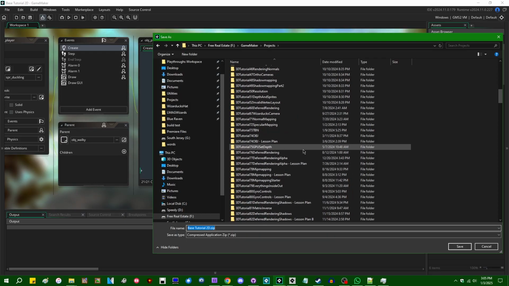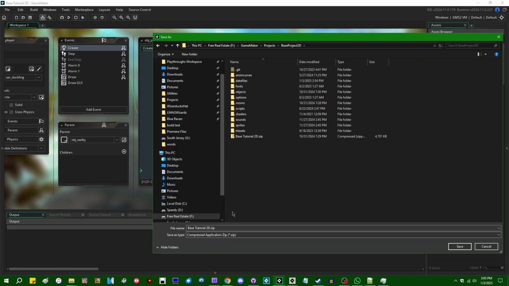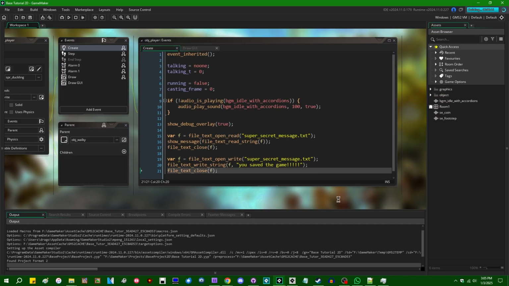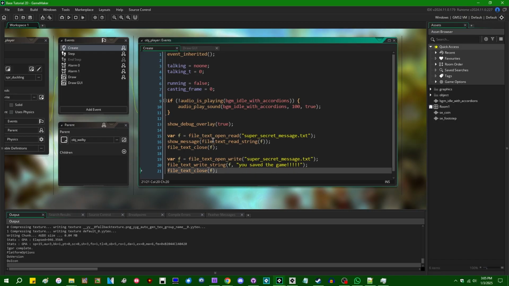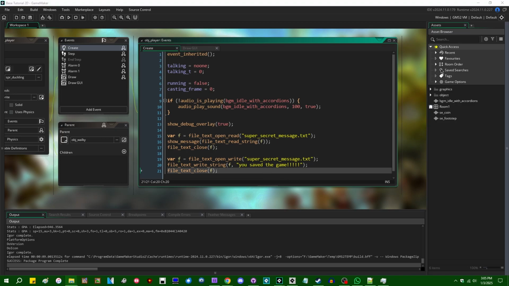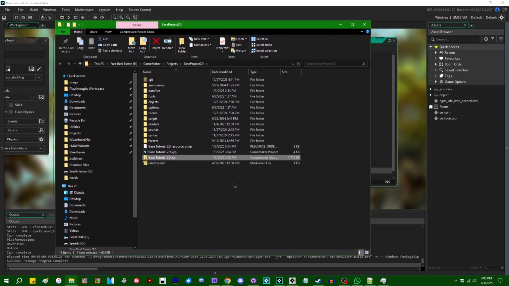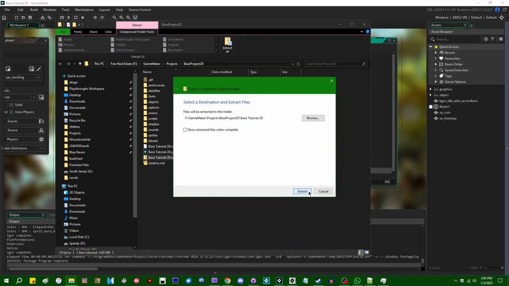I have way too many folders in this projects folder. I'm just going to save it here as a temporary build, and that's going to build this project to a version that you can share on the internet or whatever. And if I were to extract this from the zip that it gave us and then run it,